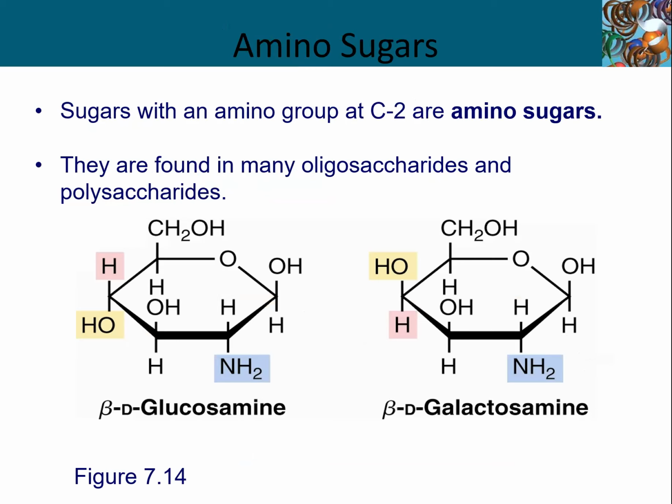And our amino sugars, glucosamine and galactosamine. I'm pretty sure everyone here has heard of glucosamine. It's a supplement people take to make their joints feel better. Maybe you don't take them yet, but I'm sure there are 3 people in this class that do at this point. And if you don't, I'm pretty sure your parents have. Because if you take it in very high doses, it's actually pretty effective at helping with joint pain.